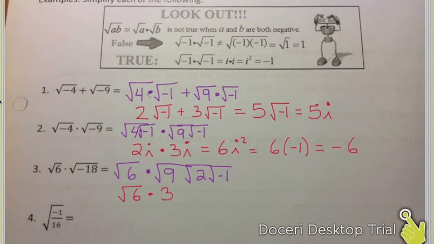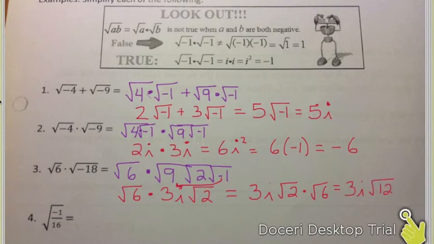This negative 1 can come up to the front here and turn into an i. The square root of negative 1 is i. And we're going to have our square root of 2. So we now have 3i square root of 2 times the square root of 6. Well, the square root of 2 times the square root of 6 is going to be 3i square root of